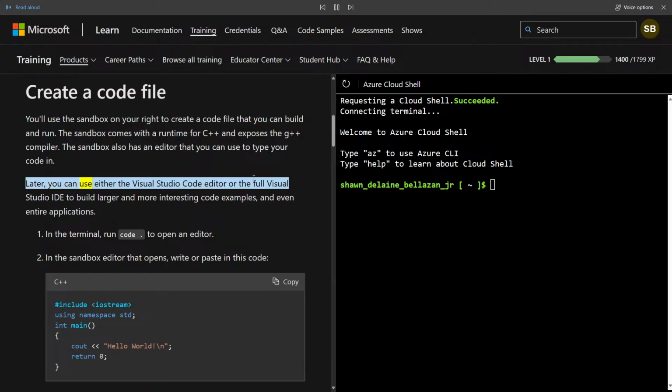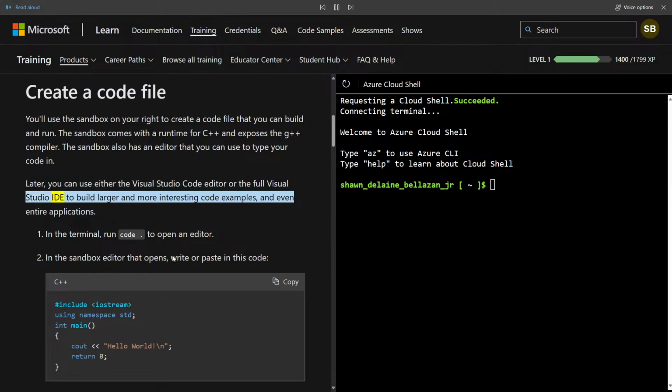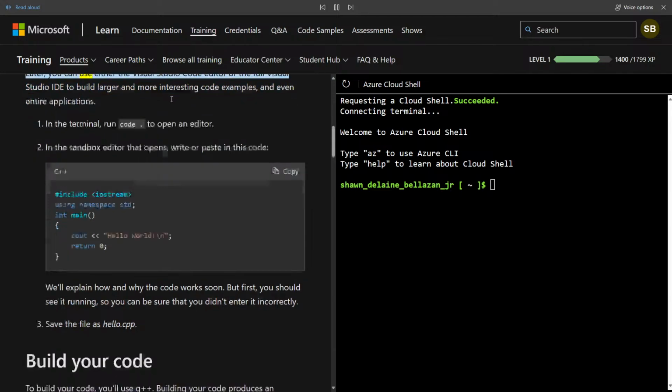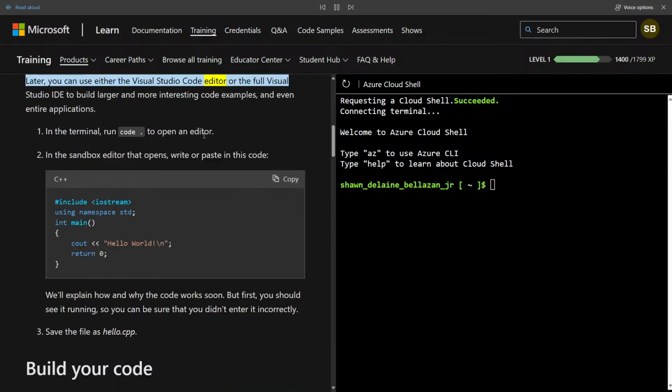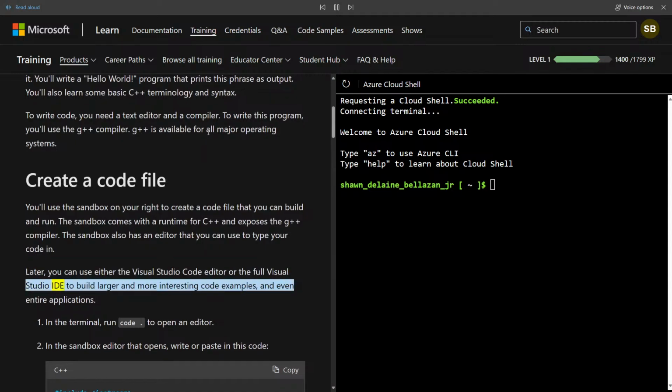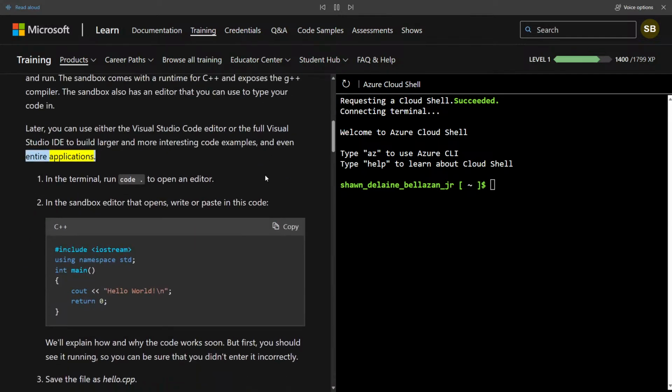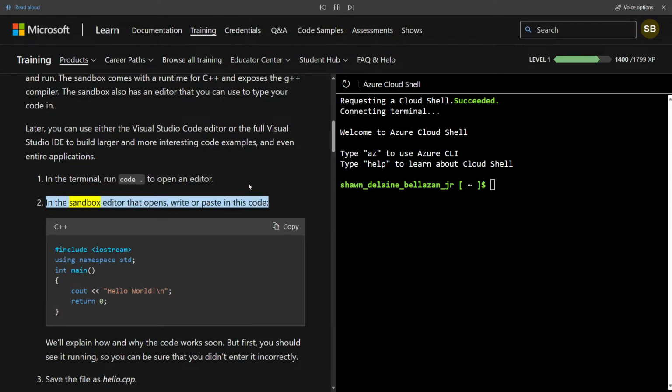Later, you can use either the Visual Studio Code editor or the full Visual Studio IDE to build larger and more interesting code examples, and even entire applications. In the terminal, run code to open an editor. In the sandbox editor that opens, write